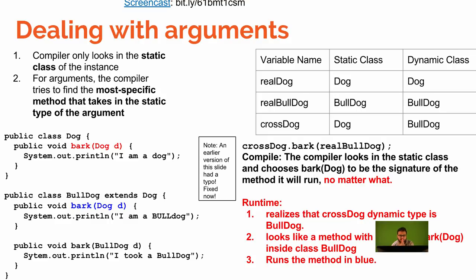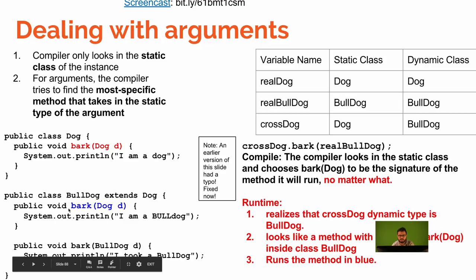Now during runtime, there's a bunch of stuff that happens. Runtime realizes that cross dog's dynamic type is bulldog. Now, the compiler has decided that the method that will run will look like void bark dog. The runtime looks inside the bulldog class for a method with the signature void bark dog, and it